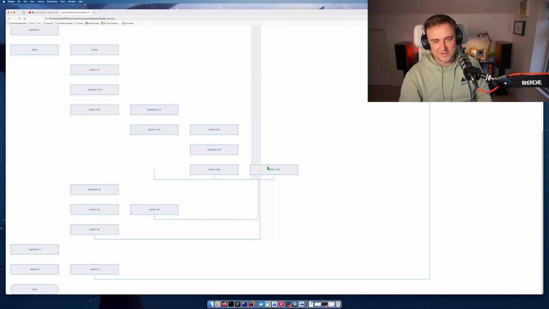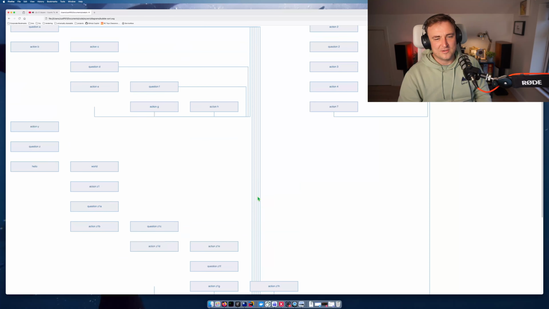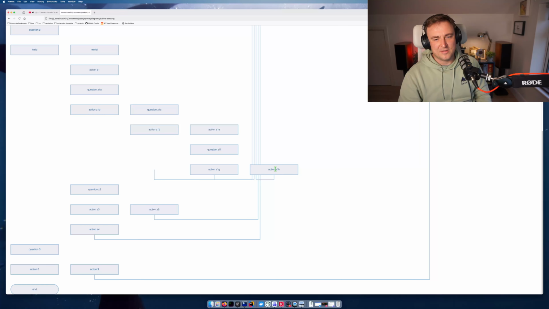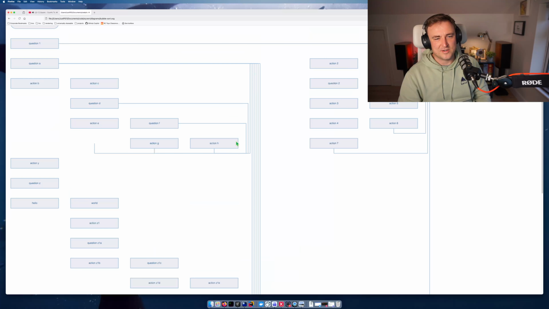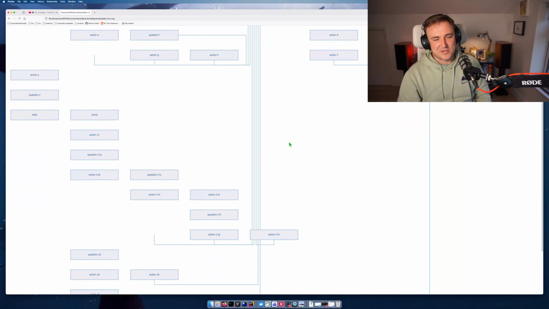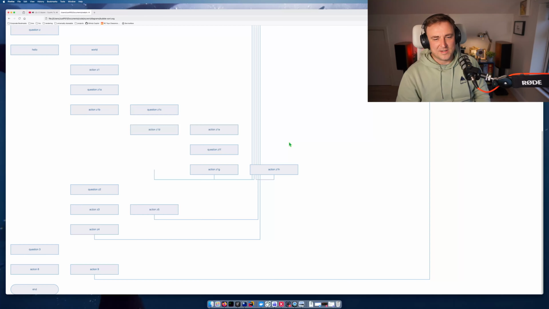It's working fine. However, all these connections should be on the right-hand side of the action Z1H and not on the right-hand side of action H. I'm not sure how easy it is going to be to fix, but at least during today's